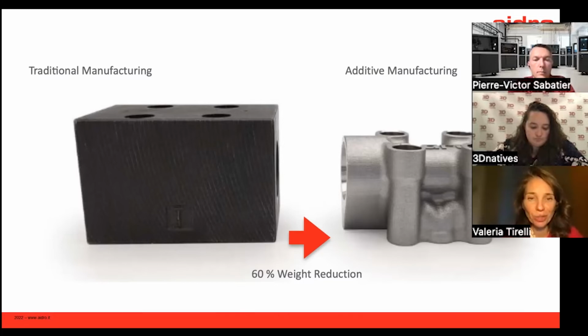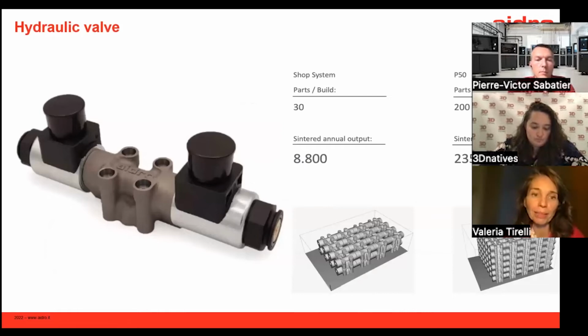So again, thanks to the ability that we have learned in the past years to design for additive, we are now able to solve our problems also for conventional manufacturing. And in the next slide, you will see the complete valve with the 3D printed body. This part was made with binder jetting, as I mentioned, in stainless steel. Just to give you an idea of the production, because hydraulics valves are a mass production, we are producing more than 50,000 parts per year. And thanks to additive manufacturing, and in particular binder jetting, we are now able to think of replacing conventional manufacturing with this technology.